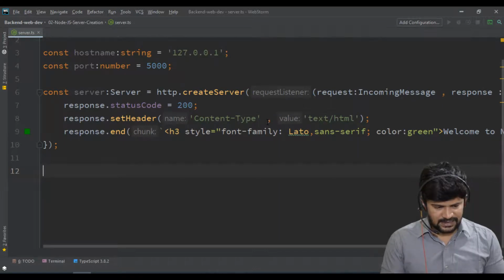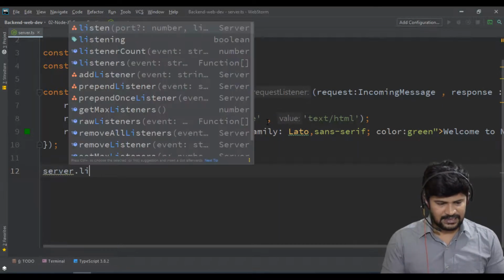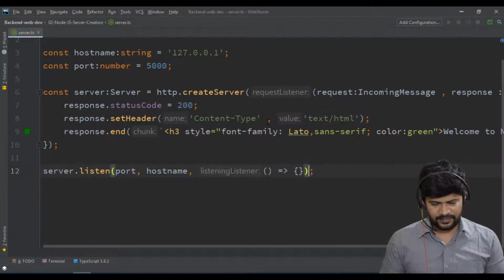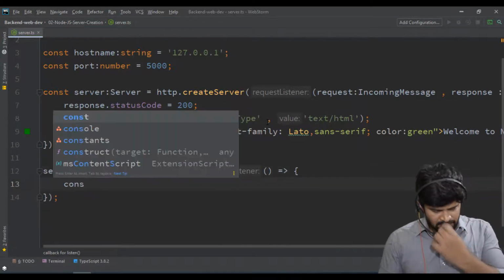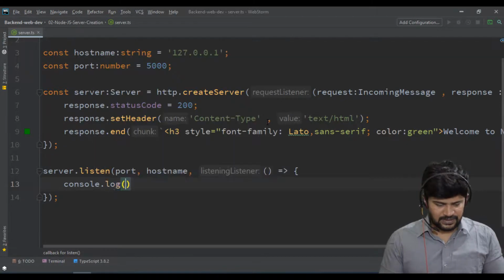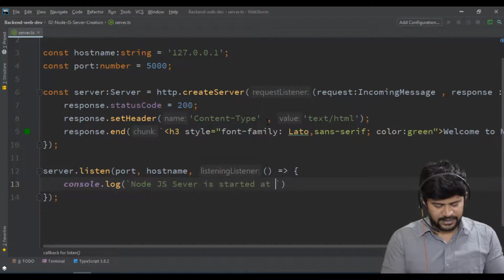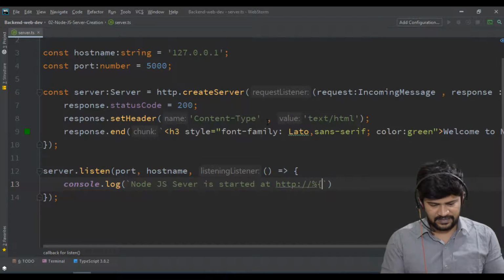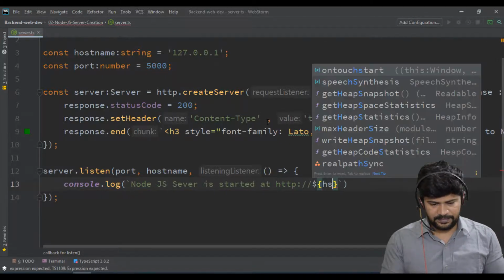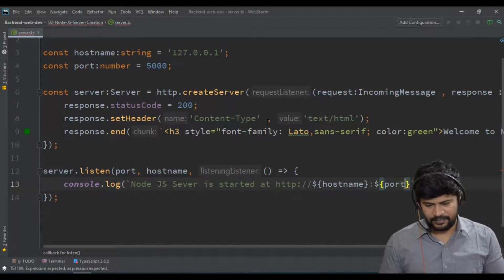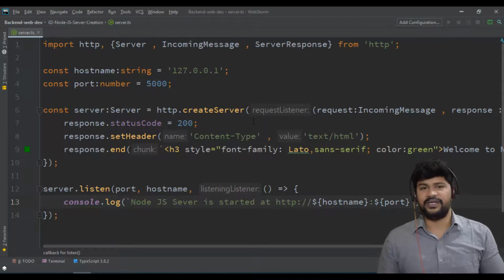So let's say server.listen with the port number and the host name, and one callback function. So here you can make a small confirmation for server startup: Node.js server is started at http://hostname:port. That's all. You made a server now.